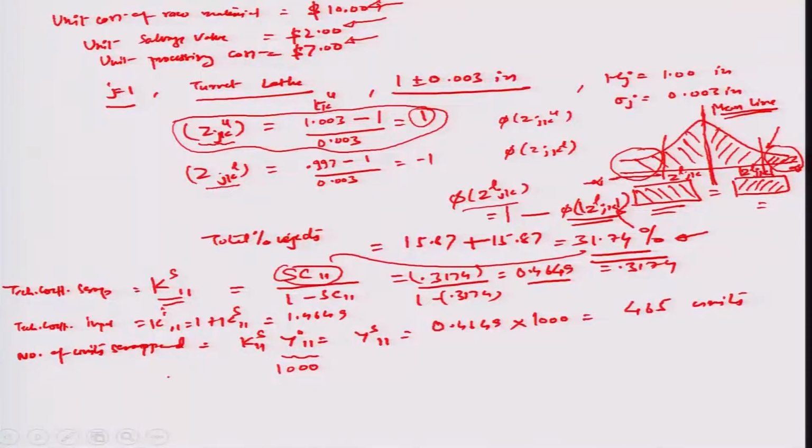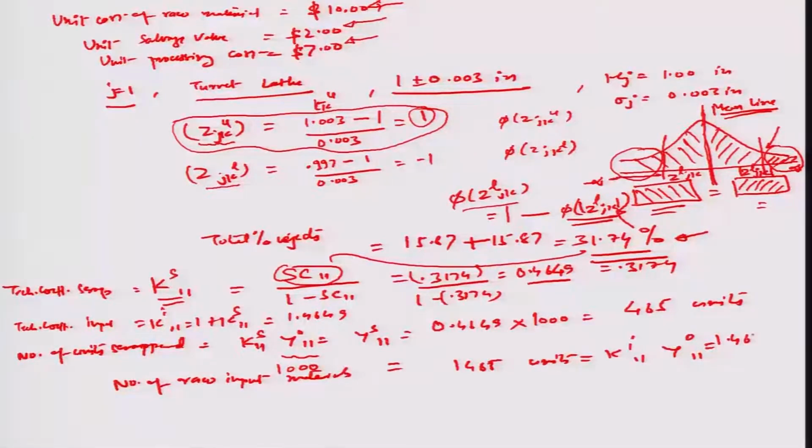Okay. So, the number of raw input materials needed in this case happens to be about 1465 units. You can also do it as KI11 times of the output. Okay. So, 1.465 times of 1000,